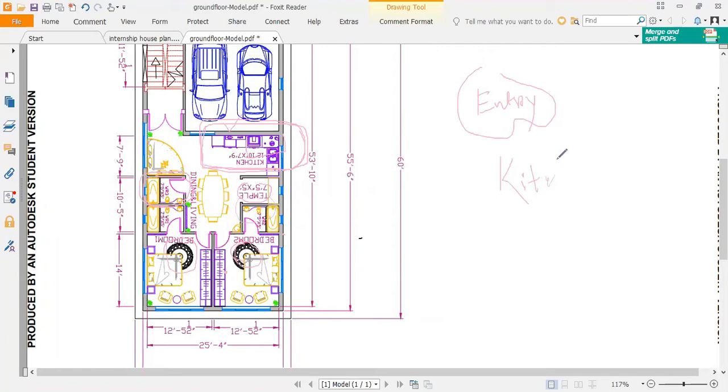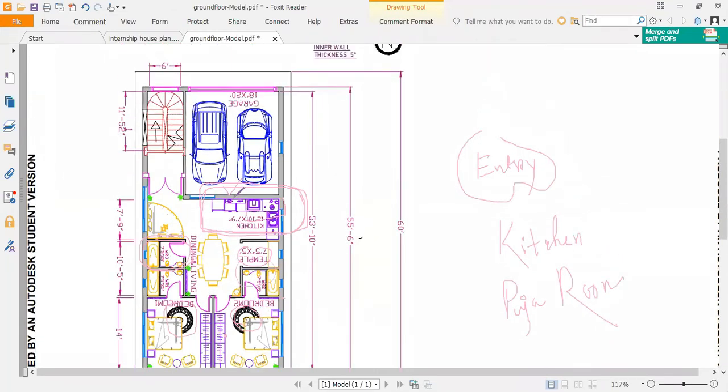The people who are concerned about vastu at least want these three things to be placed properly as per vastu. Bedrooms and all those are still acceptable, but puja room, kitchen, and entry, you should look upon.